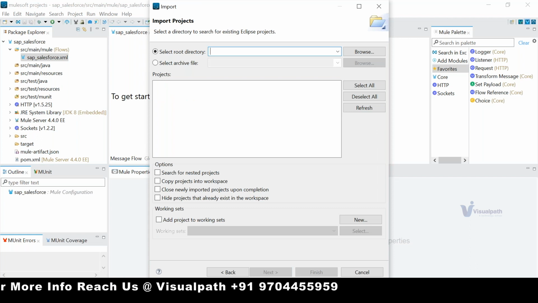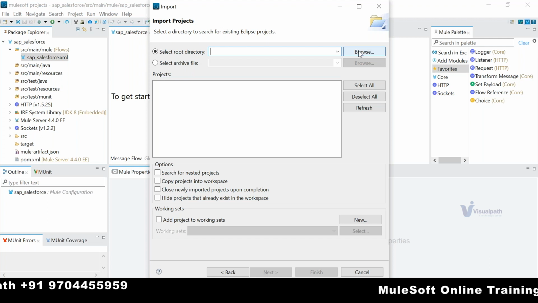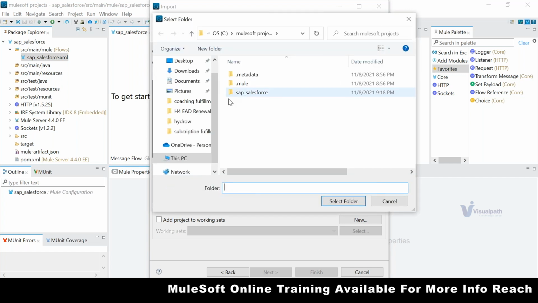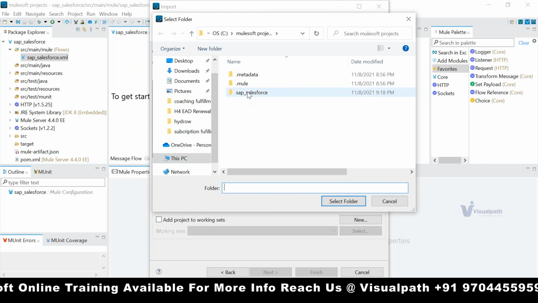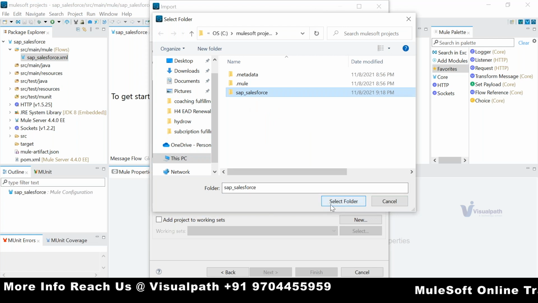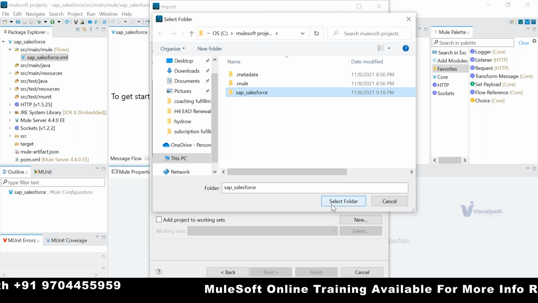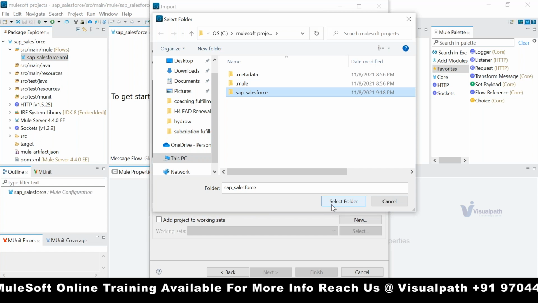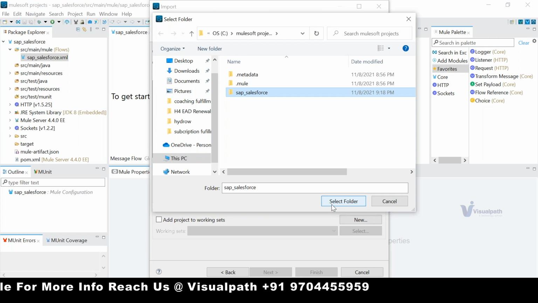Now in the browse button, you have to mention where the project is located. Click on browse, go to the C drive, and the projects folder. You already have the project there, right? If you select the project, it will be loaded into your system. In some situations you may face some problems and it won't load properly. You need to modify it. Cancel it,